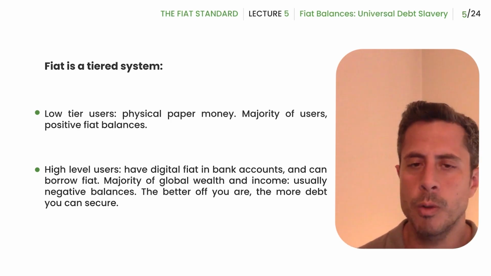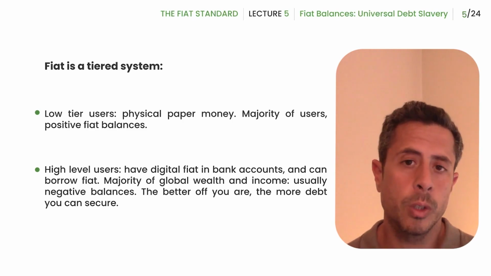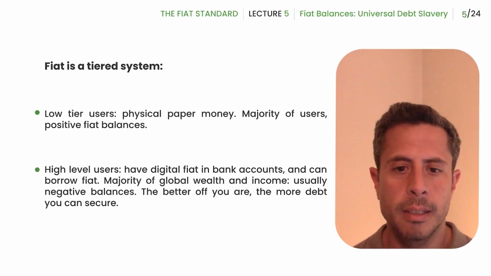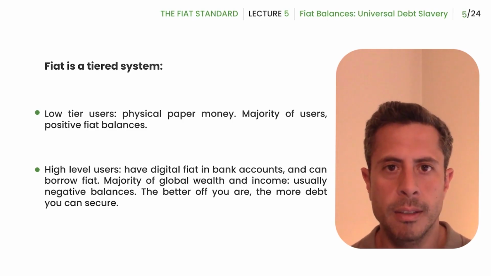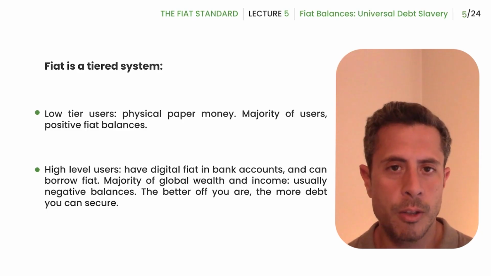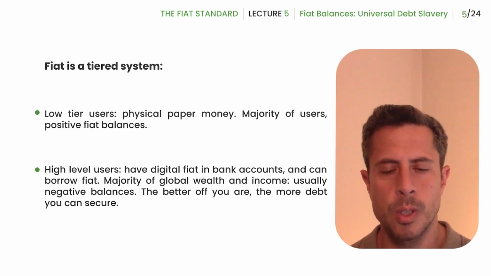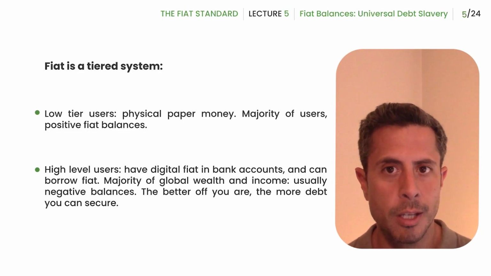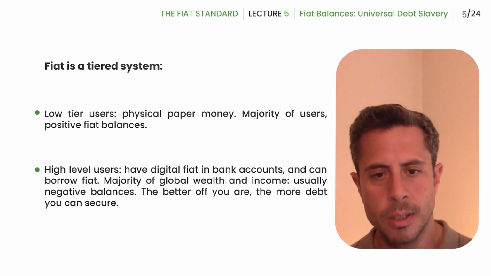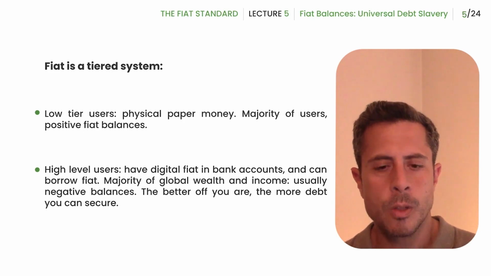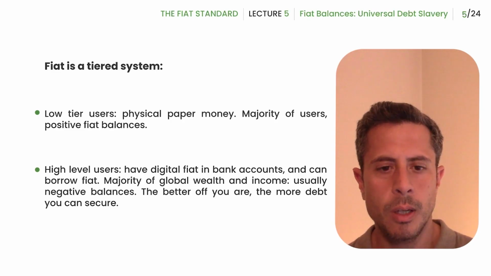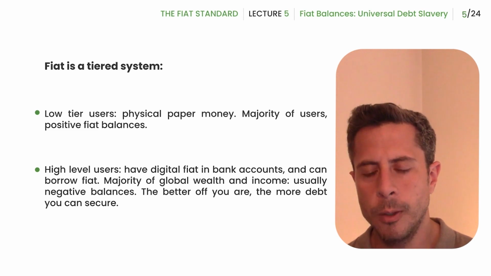If you think about it in terms of numbers, I think the majority of the people in the world are unbanked and they are not able to get loans from financially regulated fiat institutions that allow them to benefit from the inflationary Cantillon effect of credit creation that we discussed earlier in chapter 3, in lecture 3. So the majority of the world's users are stuck with physical paper money. They're stuck holding their savings and their wealth in physical paper money, and they're witnessing their wealth lose value.